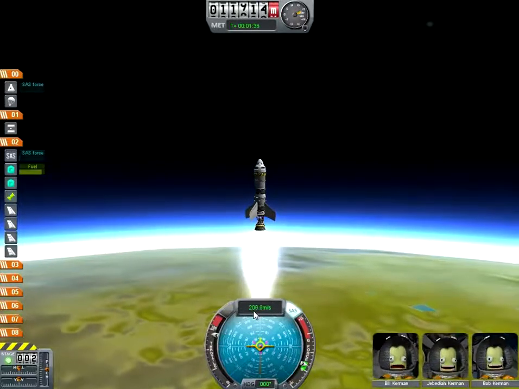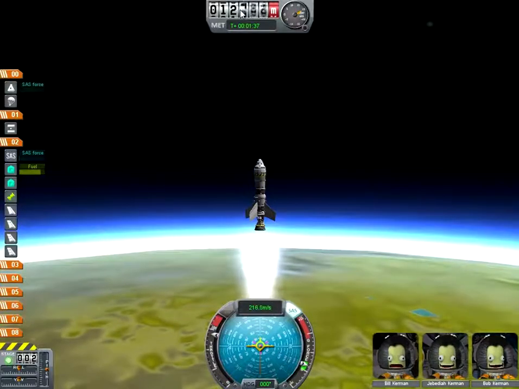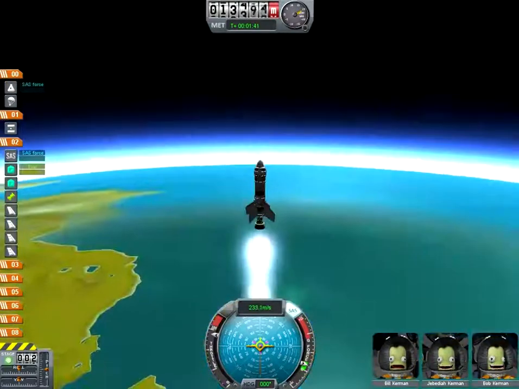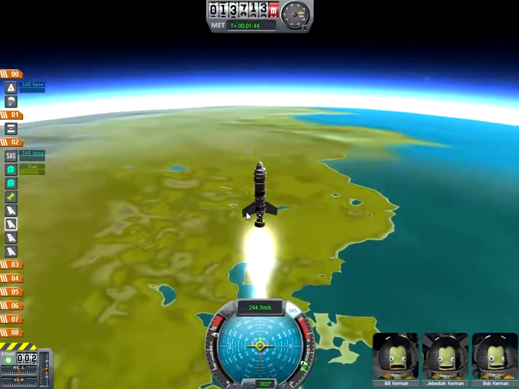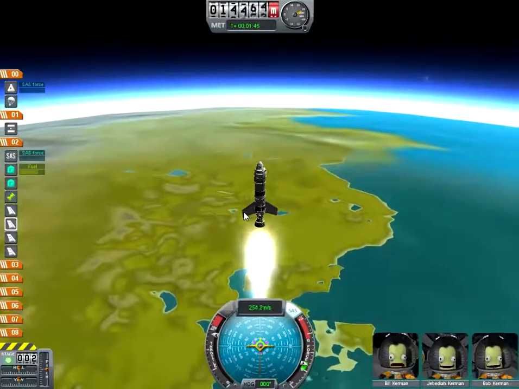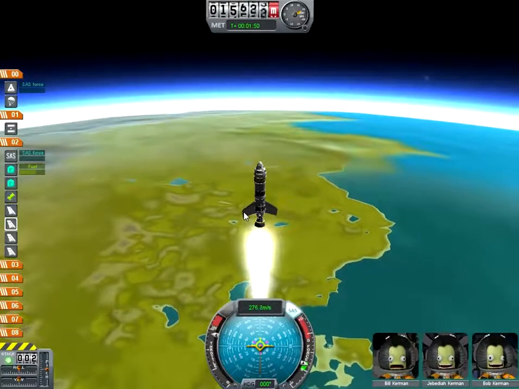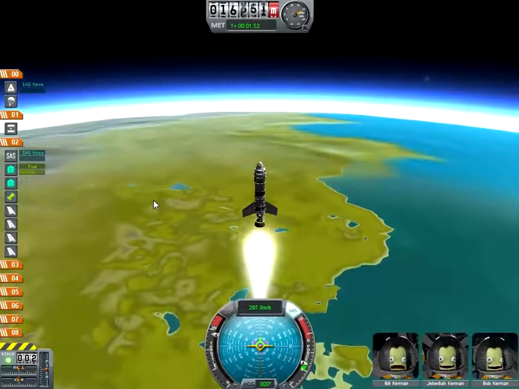As you can see, I'm going up over 200 meters per second, soaring into the sky now. Well, I say sky, I'm actually in space. How about that? I added some wings to the module here just to keep it stable. They add quite a bit of weight, so you got to be careful. You don't want the nose to be too heavy, or it's just going to topple over on the launch pad,